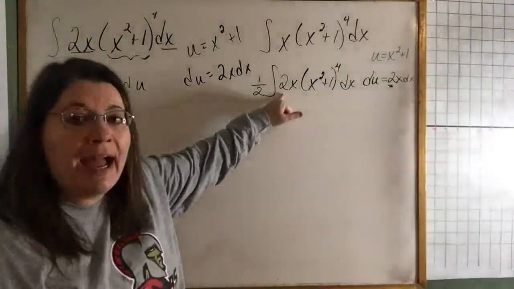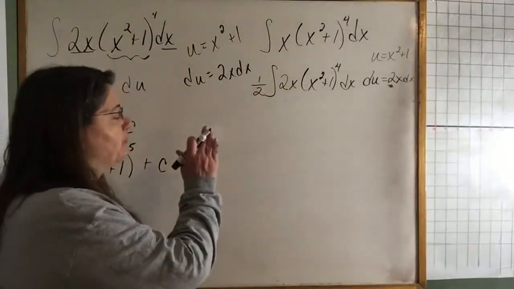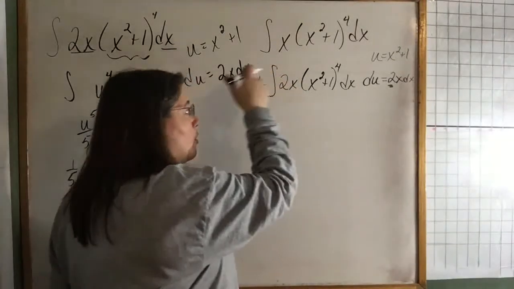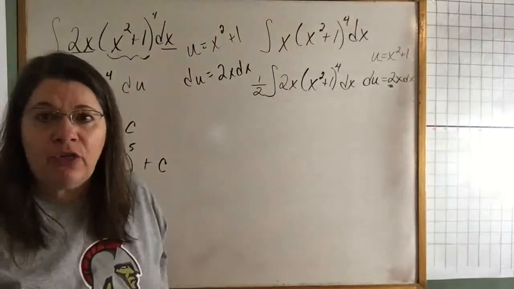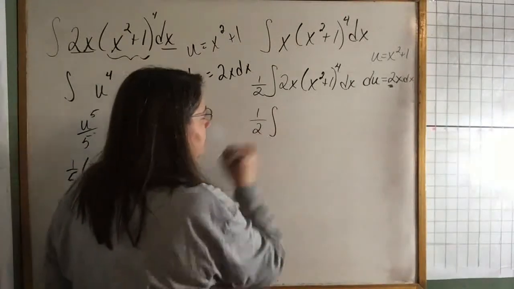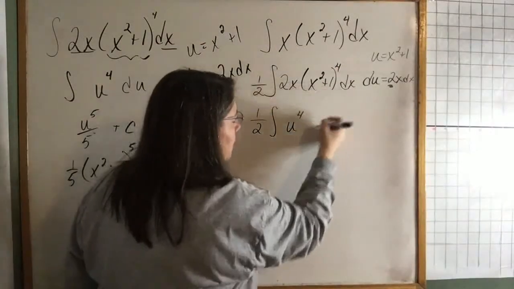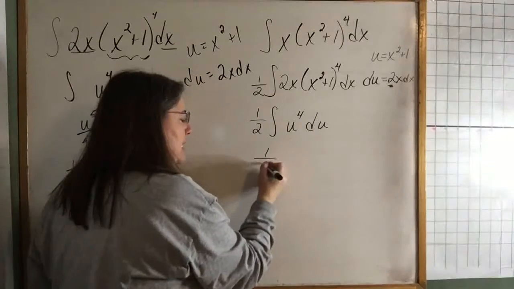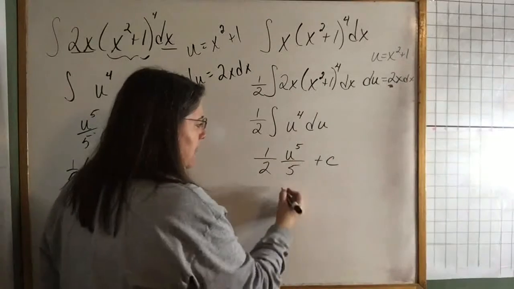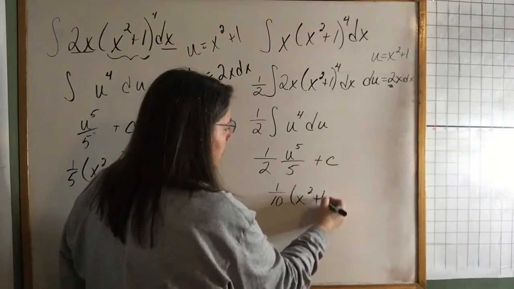Now, if this had an extra x there or something like that, we couldn't do this. We'd have to do something different. So we can only do that with numbers, keep in mind. I can multiply by a number and then multiply the outside by its reciprocal to change what it looks like, but I haven't changed its value. So now I'm going to do my substitution. I've got the 1/2, the integral of u to the 4th du. Now I can take the integral, that's u to the 5th over 5 plus c, and that would be 1/10. U to the 5th would be x squared plus 1 to the 5th